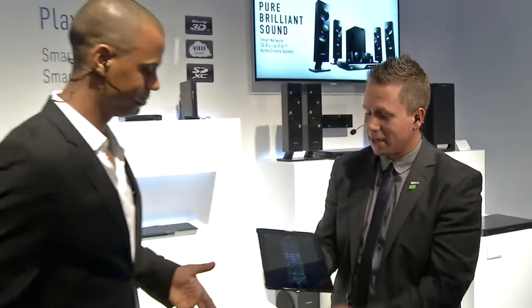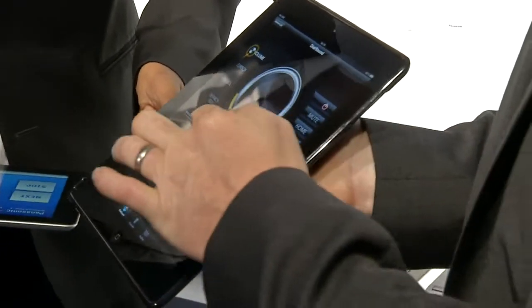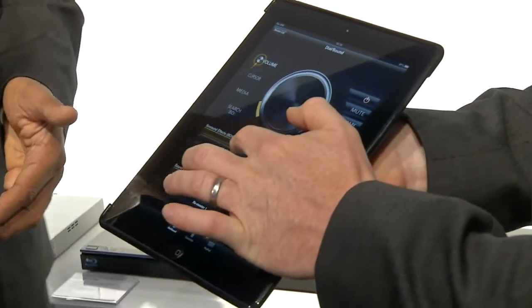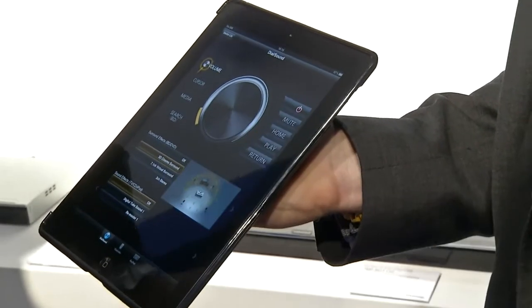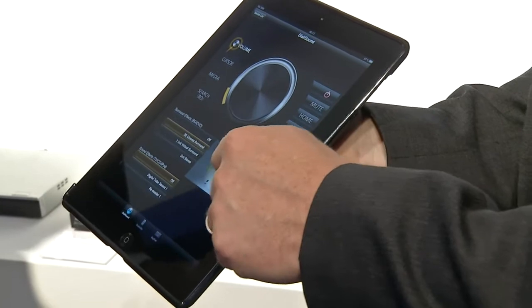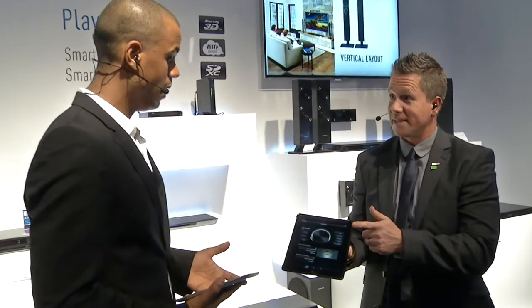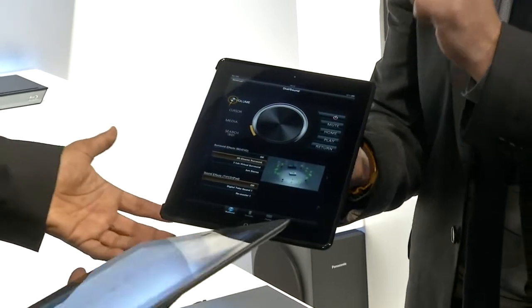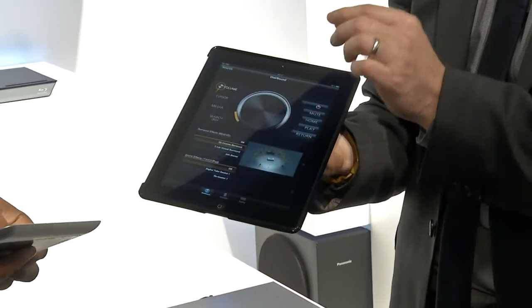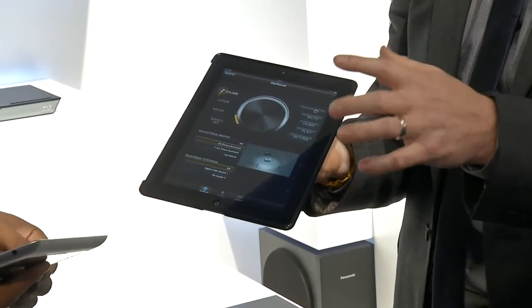So if we go back and just quickly show you some of the advantages of having the app, we can do lots of different things. You can change the speaker setup. Here, I don't know if we can zoom in on this little picture. We have it set up now so that the speakers are doing 3D sound. Do you know how they do that? Of course not. That's why I'm here as a presenter. I will tell you. It's virtually creating, through virtual and real speakers, 30 different speaker spots,